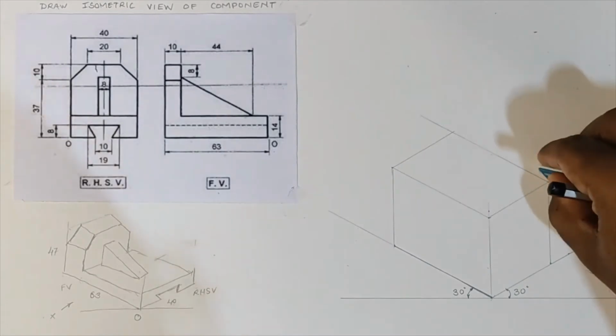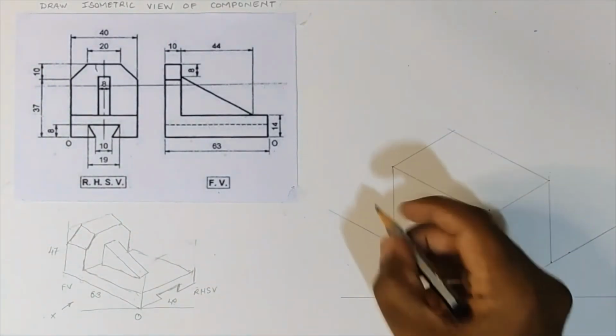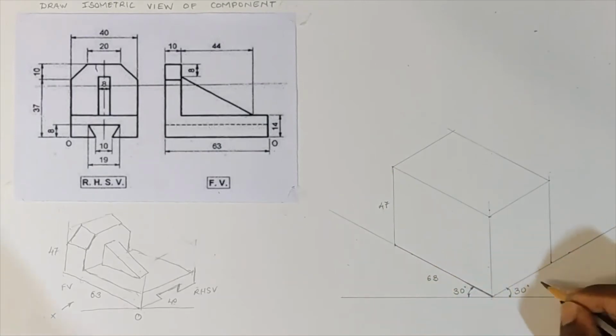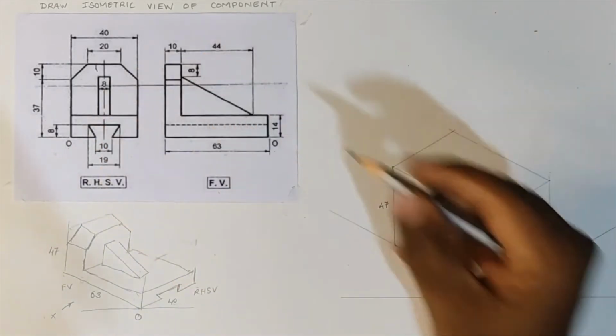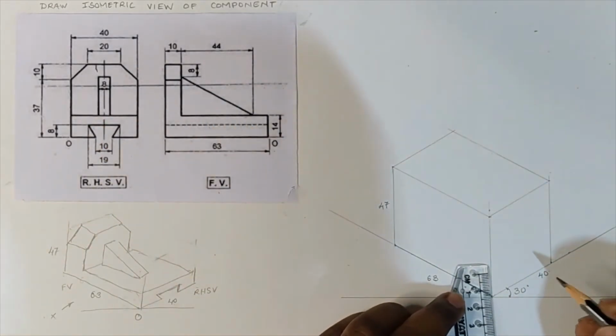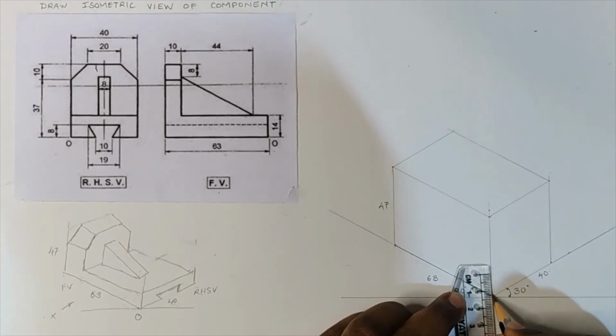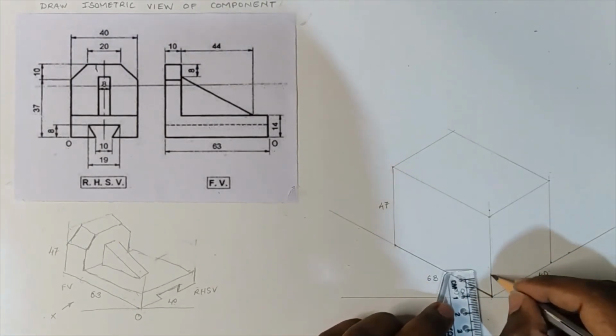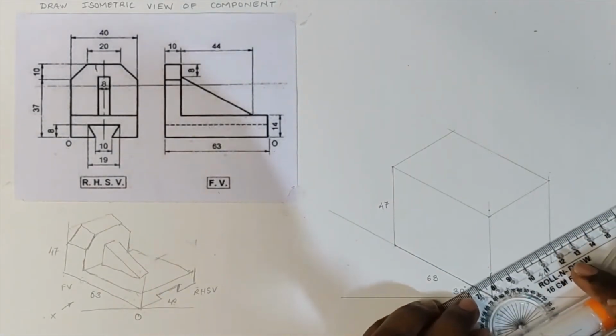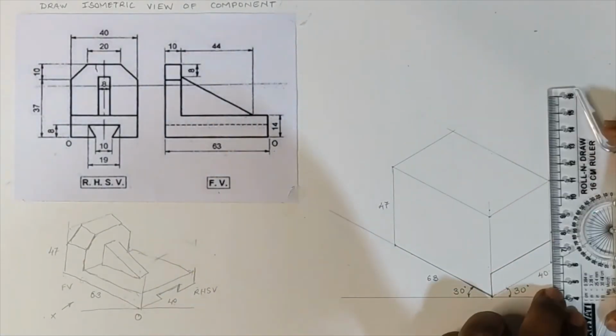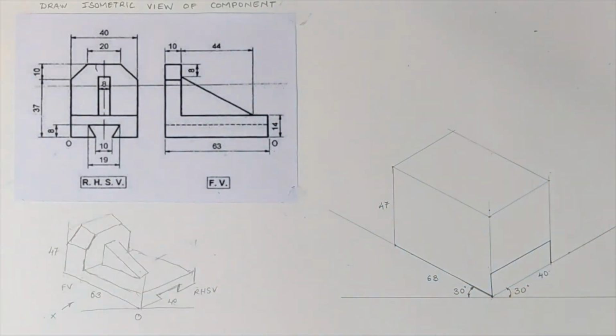So my cuboid is now complete. I erase the unnecessary lines and I provide the maximum dimension as shown. So now I start with the RHSV plane, and I'll first draw the vertical through the origin point. I'll start with the origin point and draw a vertical of 14 mm distance. And I'll use an iso line through this point and draw an edge like this and the back edge also.